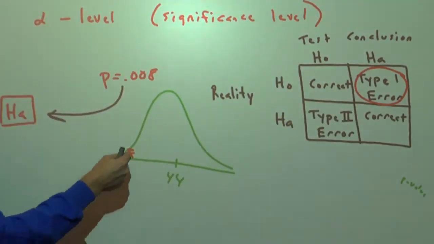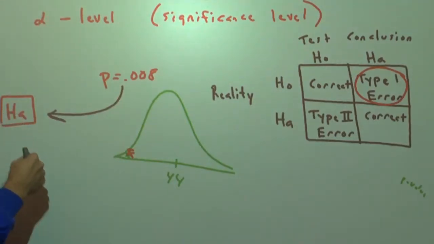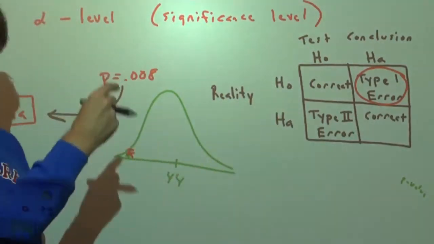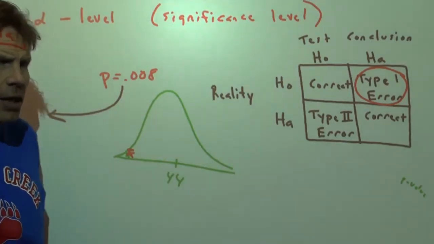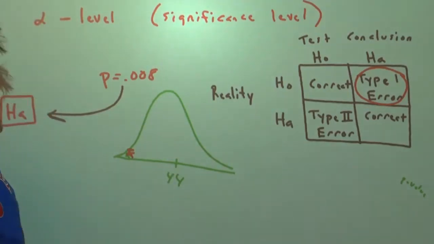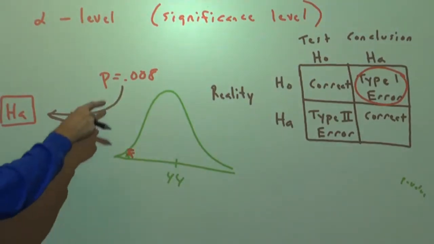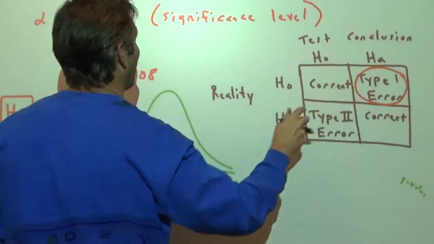So one more time, got a really extreme result, got a small p-value. We thought the alternative was true. We found out later the alternative wasn't true. The null was true. Dang, we made a type 1 error. But how do you explain that we got a result that extreme? Sorry, just due to random chance. But what's the likelihood it happened due to random chance and the mean was really 44? It happens that portion of the time. So that's the probability that we were wrong. That's the probability of making a type 1 error.